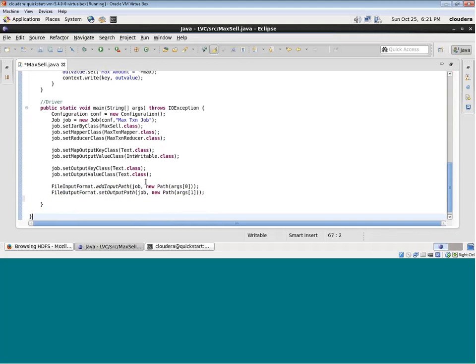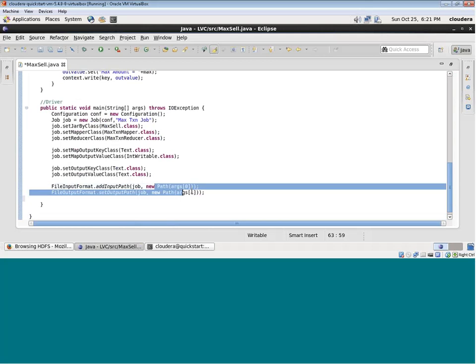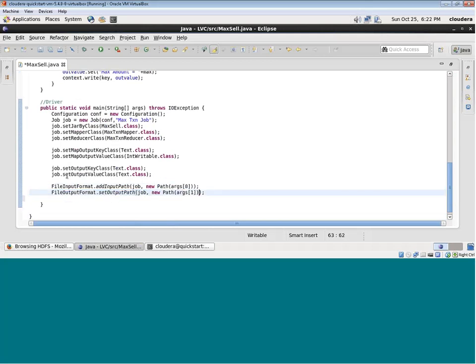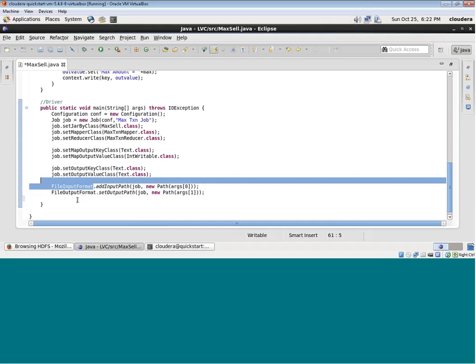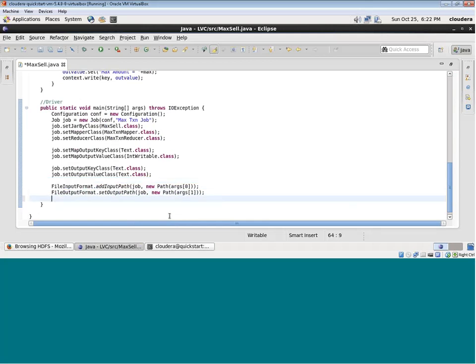Okay. So I have given two paths, input path and output path, from the command line. So the input path will be processed by file input format, and the output path will be processed by file output format. Okay. And after that, the last one is basically